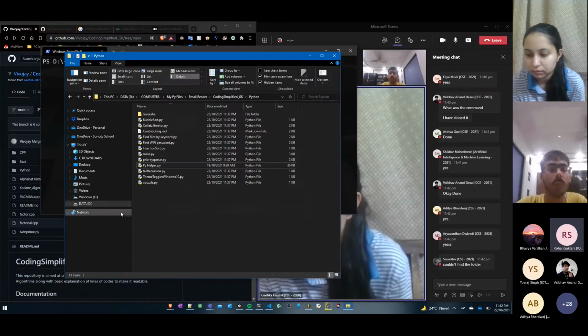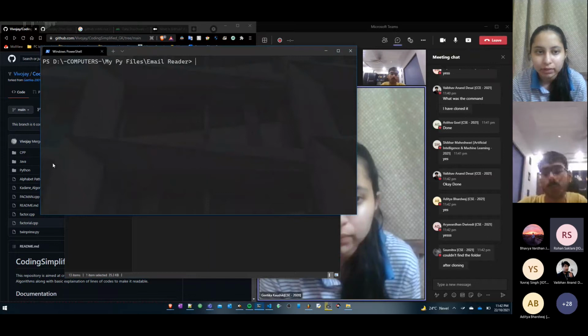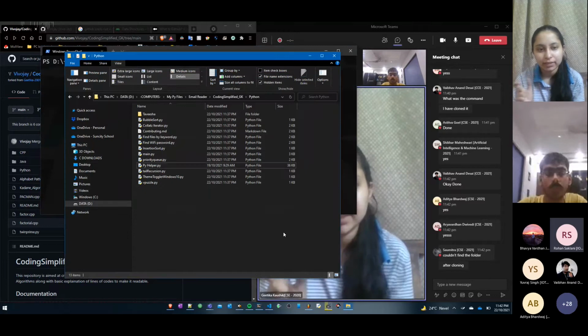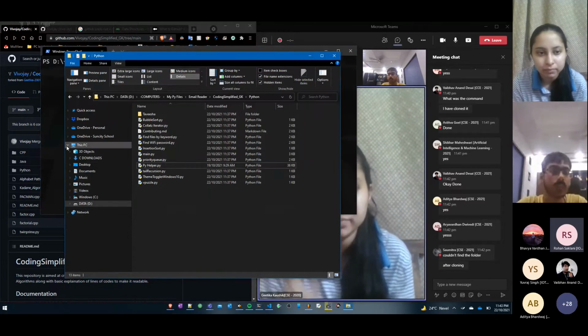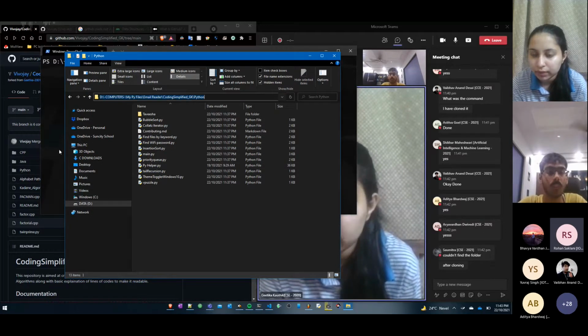It's kind of like a local copy of that thing, no? Yes. Now here only, wherever you have made the changes, right click and there will be an option, git bash here. Once again, you will now open the command line in this folder itself, after you have made the changes. Couldn't find the folder after cloning.